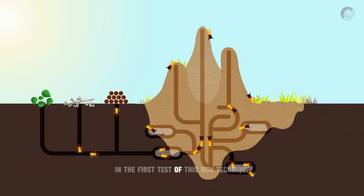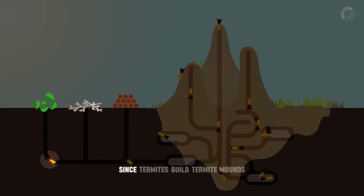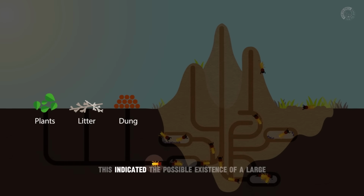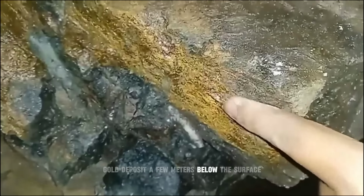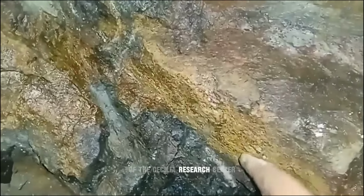In the first test of this new technique, the scientists found that a termite mound had an abnormal concentration of gold. Since termites build termite mounds using soil from underground, this indicated the possible existence of a large, previously unknown gold deposit a few meters below the surface. In the words of Ian Stewart of the CSIRO research center: